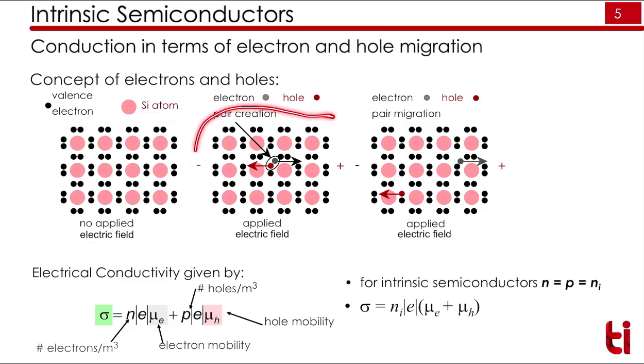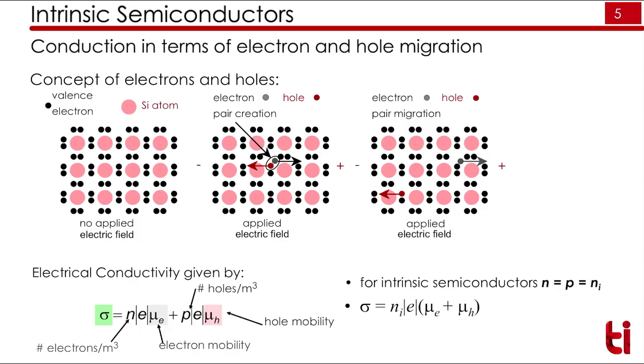As soon as we apply the electric field, there is a generation of hole and electron pairs. If an electron is not there, that we call a hole, so they form in a pair. This is the positive charge, this is the negative charge. The electron will go from this side to this side, and the hole will go from this side to this side. That has been shown here.